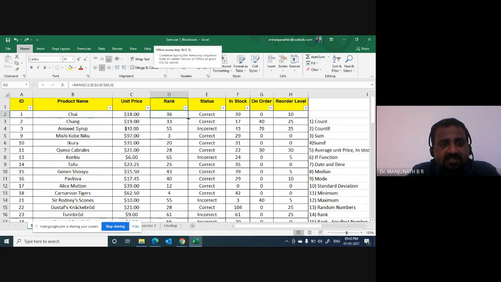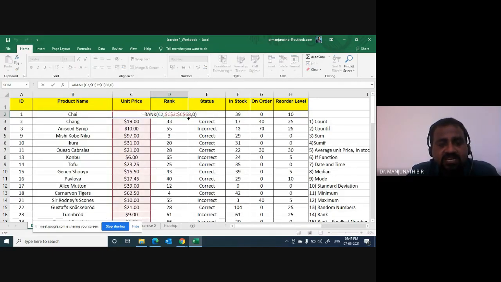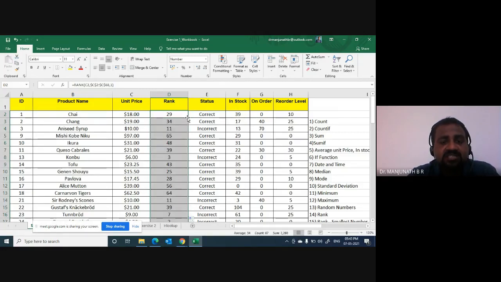Instead of 0, I edit the formula now by pressing F2. I remove the space and the parenthesis by clicking backspace. Instead of 0, now I select 1. I edit that from 0 to 1 and then I close the bracket. Now I say enter. Now the first cell is the reference cell, so I should double click. Now the ranks got changed.